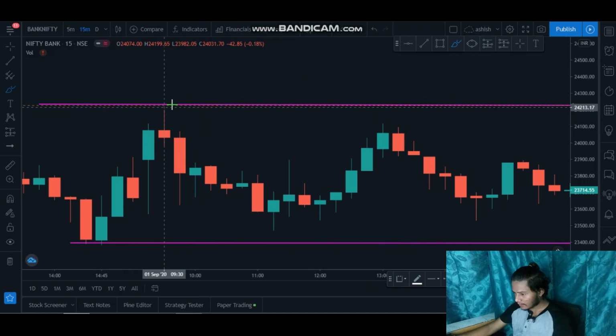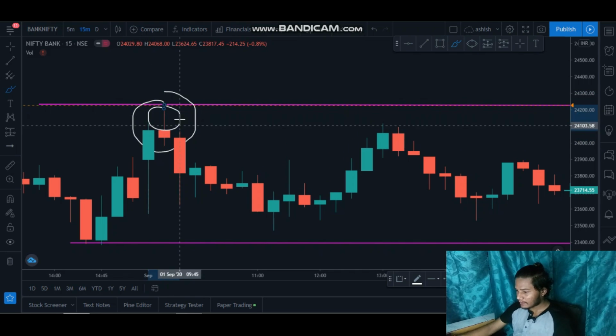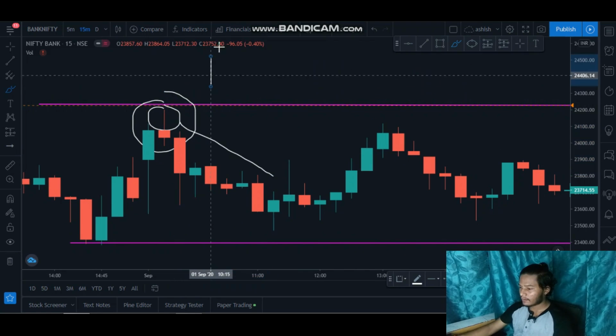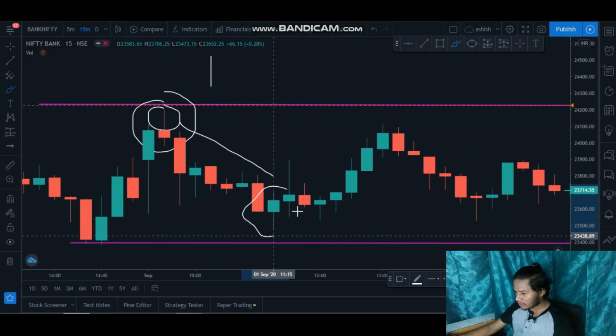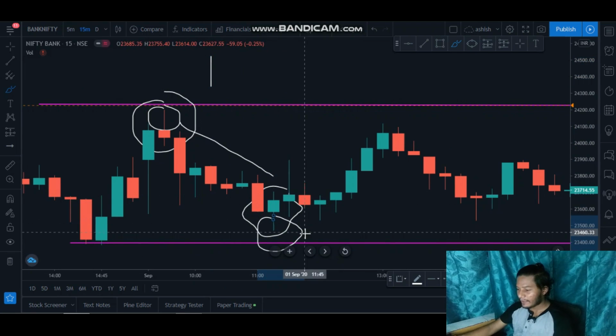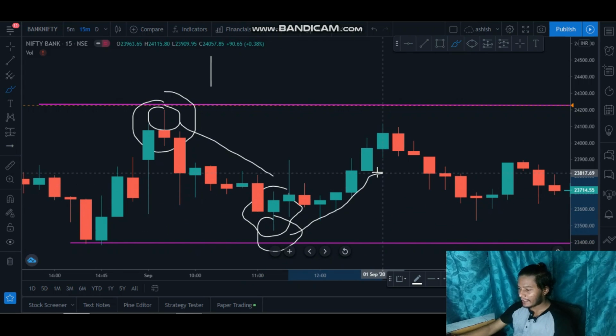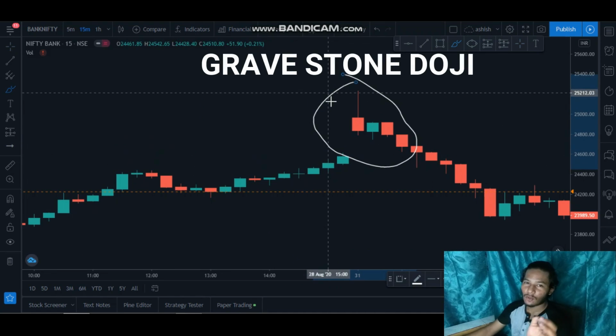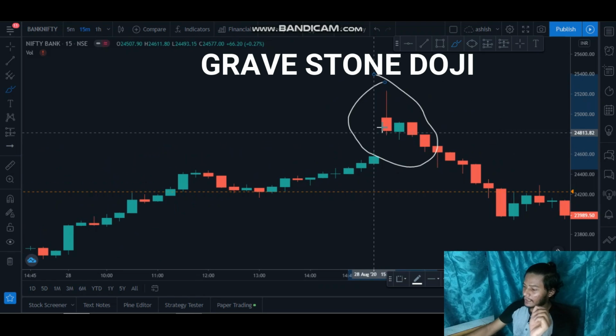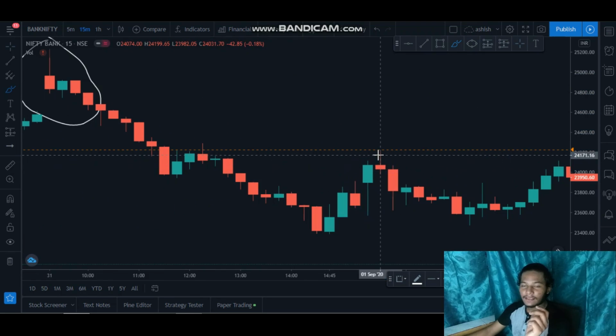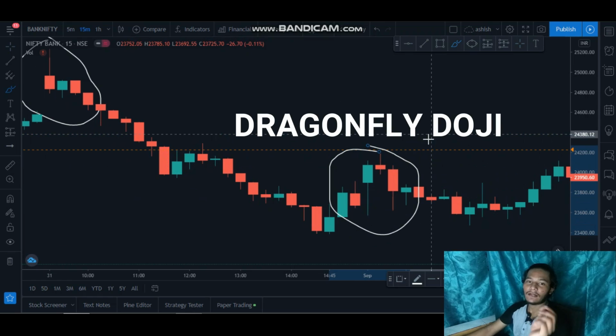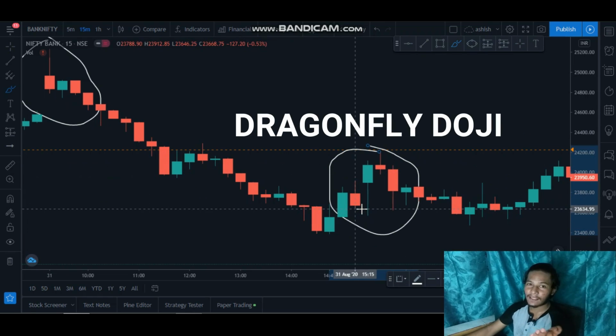So here we can see the range and the doji here, and as I explained before, sellers are dominant in the market. You can see a long wick here, means the market will go down, and the price is closer to the resistance here. And when the price is closer to the support, you can see a long tail here, and it means the buyers are in the market, means the market has a probability of going higher, upside. This candle is called a gravestone doji, and this candle shows sellers are in the market. And this candle is, we can say, a dragonfly doji, means buyers are in the market, means the market is in the bullish phase.